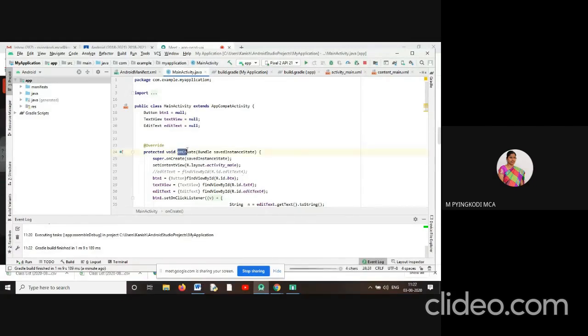This onCreate method, like the main method in Java or C. In Android, what is the main method of our application, the starting point? The onCreate method. After clicking the icon in our Android device, that application will enter into this onCreate method.